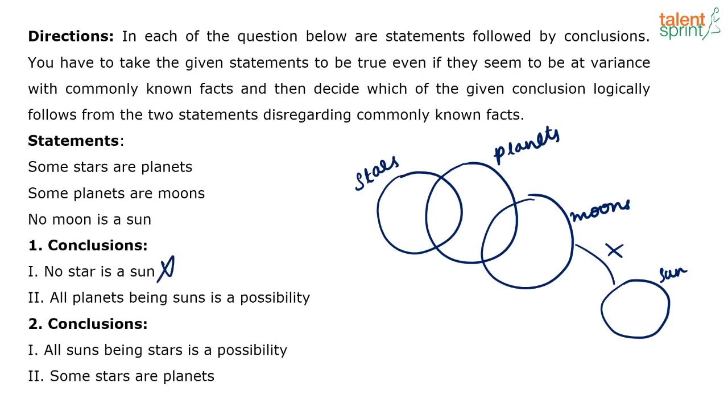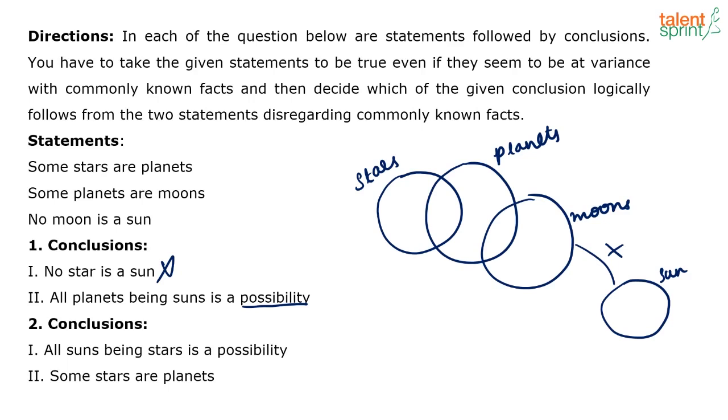So if you look at the second conclusion, there is a word possibility. So how do you approach questions when you have this word possibility in the conclusion? What you have to see is that, as I always say, whenever you are drawing the Venn diagram for a given question, in the examination generally we take into consideration only the basic diagram, correct? But there are also other possible cases in which you can draw a given diagram.